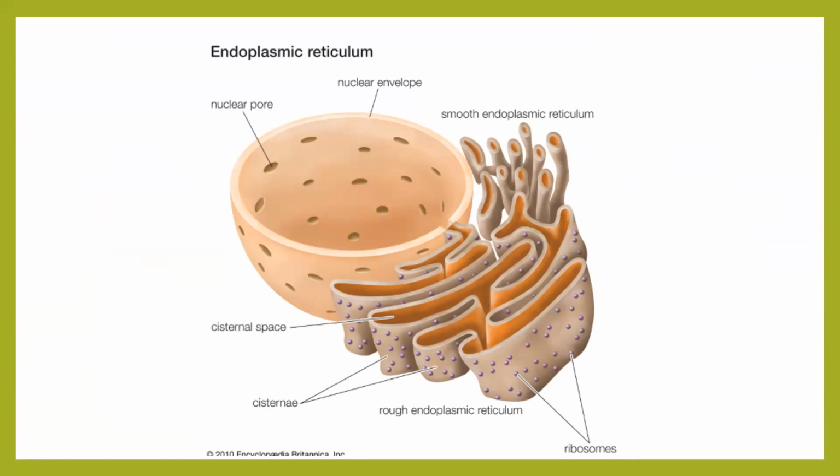So the diagram which you are able to see on the screen, you will be able to see a bowl-like structure. This bowl-like structure is nothing but half-cut nucleus, of which and all nucleoplasm has been ignored for a while so that we are able to understand the diagram in a better way. Now, let's understand what is present or answer my question quickly. Which is the part inside the nucleus responsible for production of ribosomes?